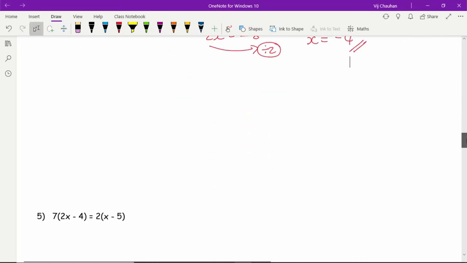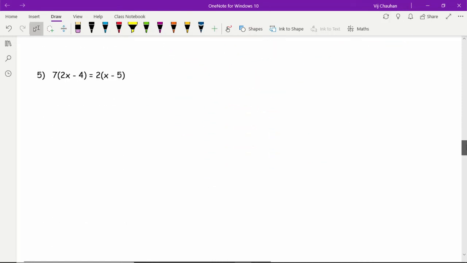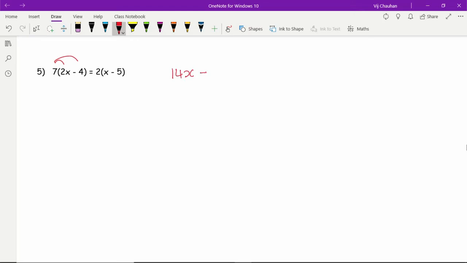Moving on to example 5. So here what we've got is brackets now. So again, if brackets seem to be an obstacle, let's get rid of the brackets. So first thing we need to do is expand out the brackets. So again, using loops, we've got 7 times 2x, which is 14x. 7 times minus 4 is minus 28. And then we've got 2 times x, which is 2x, minus 2 times minus 5, which is minus 10. So again, just doing one simple thing of expanding the brackets out would actually get you your first